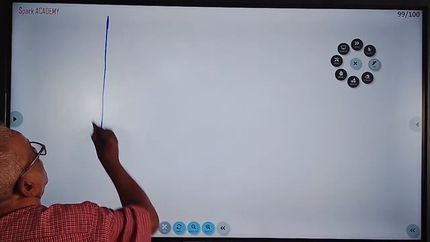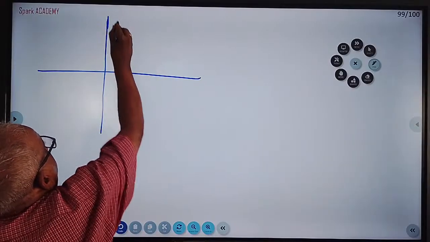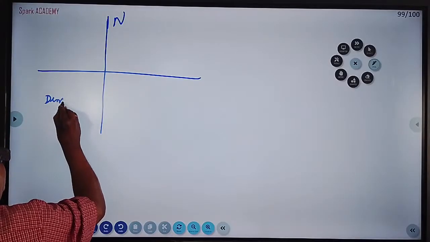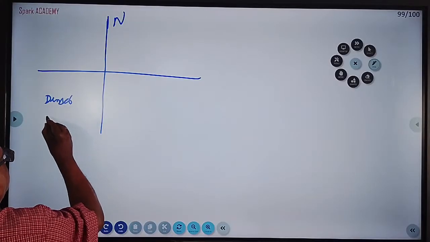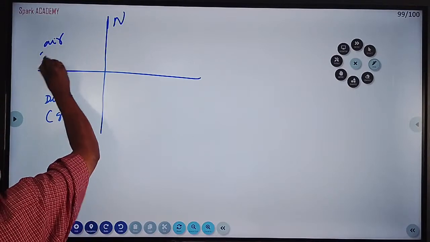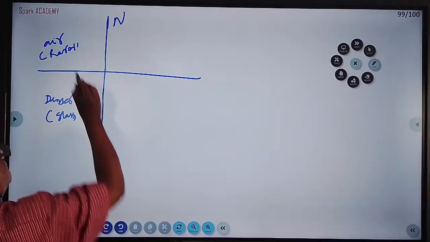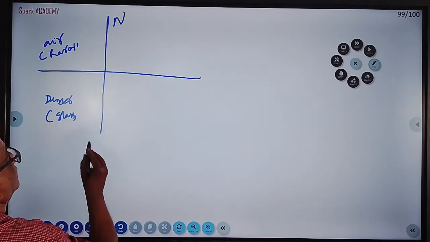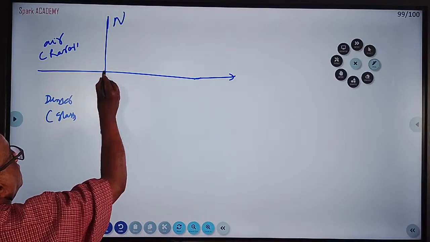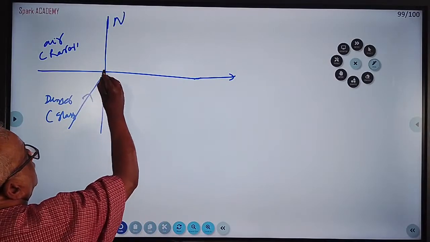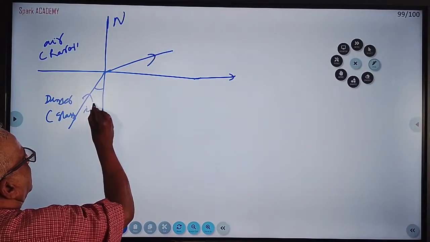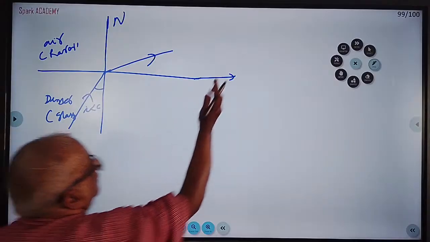Okay. So this is the normal. This is denser, let us say glass. Here air, this is called optically rarer. Denser, rarer. I am drawing the full diagram. Let us say the angle of incidence is less than critical angle. The ray will come out. This is I less than C. Okay, students.